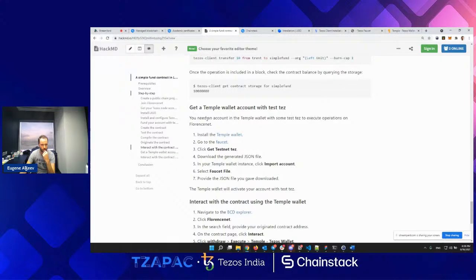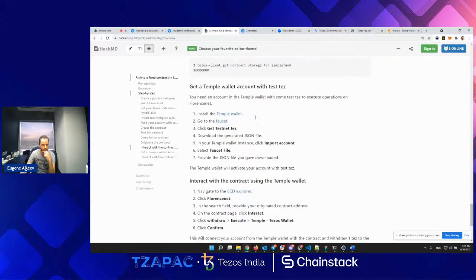Get a Temple wallet. Okay, I've pre-installed it, not to take your time on boring stuff like getting the extension in the Chrome marketplace. So basically, I've created an account in Temple already with some Tez to execute operations on FlorenceNet. Okay, I didn't actually fund it, so